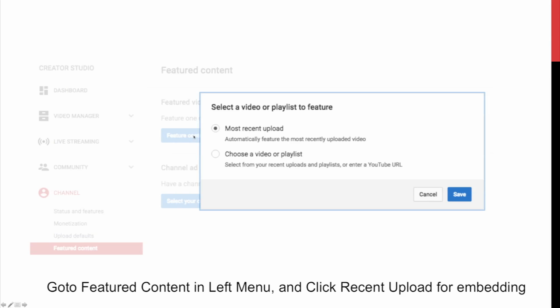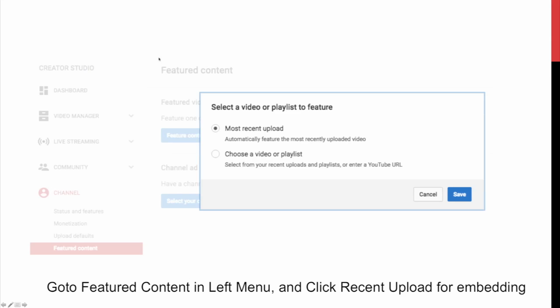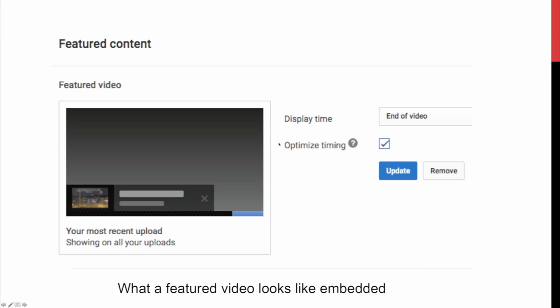You can select featured content. So you select featured content, it'll bring you to this menu, and I selected most recent upload so that at the end of your video, it'll pop up with a little banner icon that people can click on and see your next video, and it keeps people sticky to your channel so they're viewing more of your videos. It displays at the end of the video,